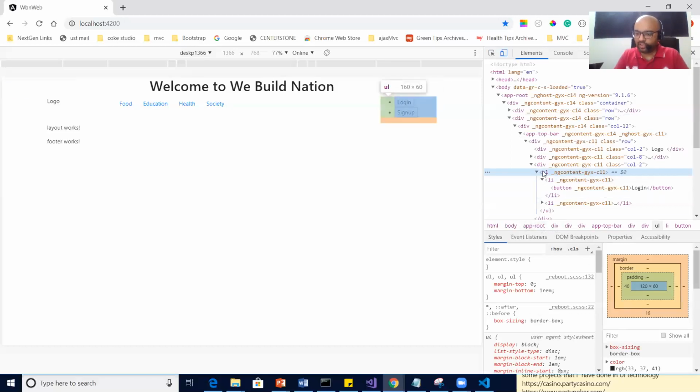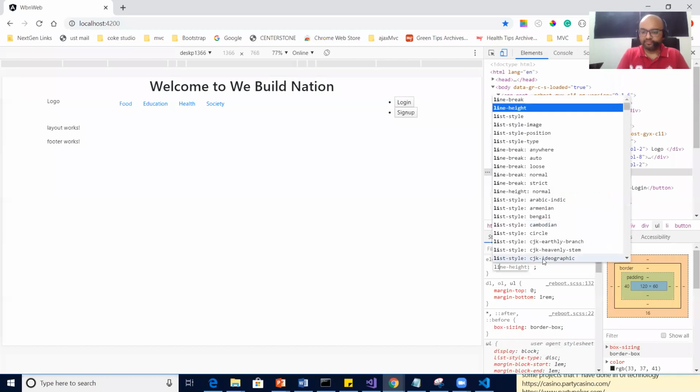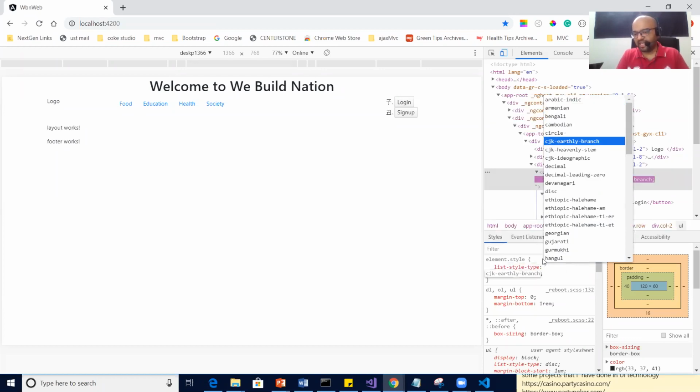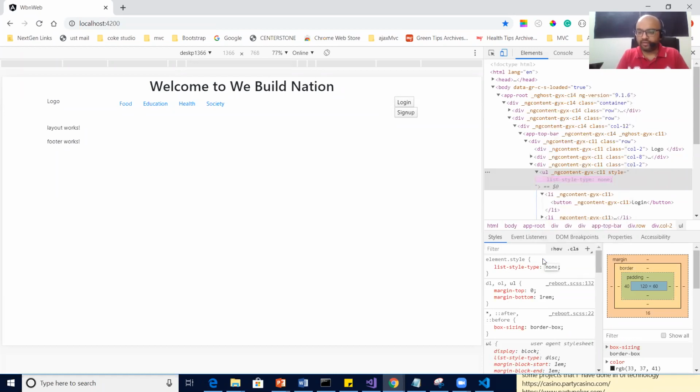I click on this UL and go to the style, and there I write list-style-type. If I change it, you can see the style type will change. Do I need a style type? The answer is no. So I say none.